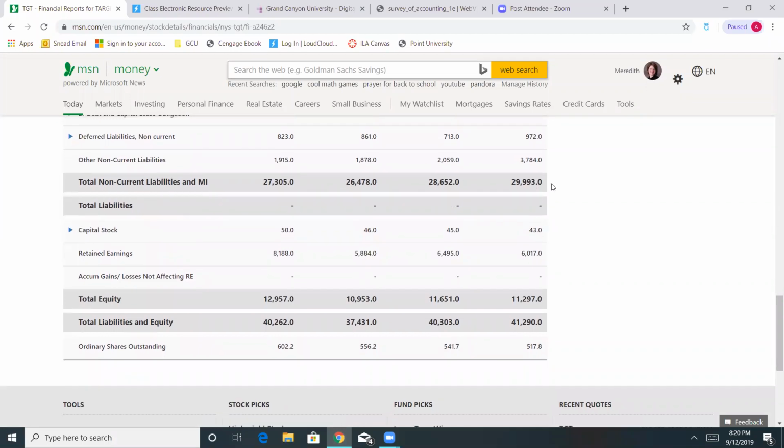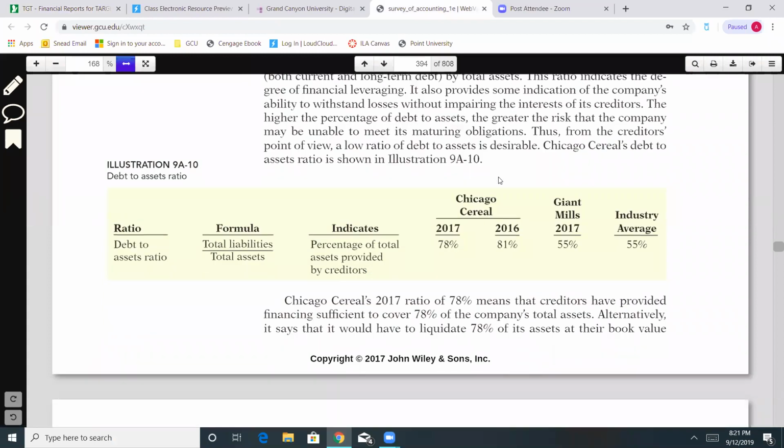For these two together, let's say that's 41 together. So this has got to be the total. I'm not sure why it's not listed on this line, but I know that's the total because here total liabilities and equity together is 41. So that's the 11 plus this one's got to be... So this would be the total liabilities, the 29. So you plug those in and